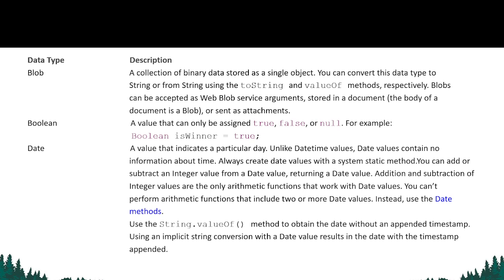Then these are the data types that are defined in the Apex programming language. The first data type is the blob data type, which is very much similar to the object. It is a binary data type. So all the binary data is stored in a single object, and then you can also convert this data type